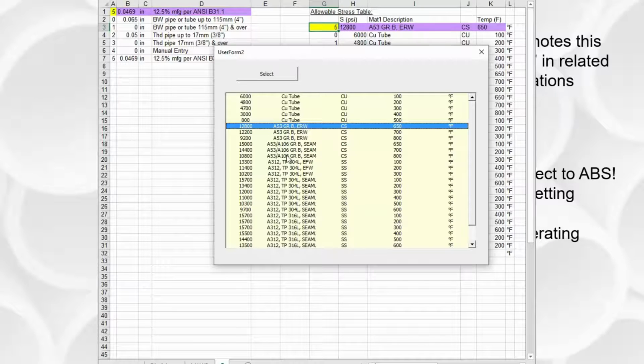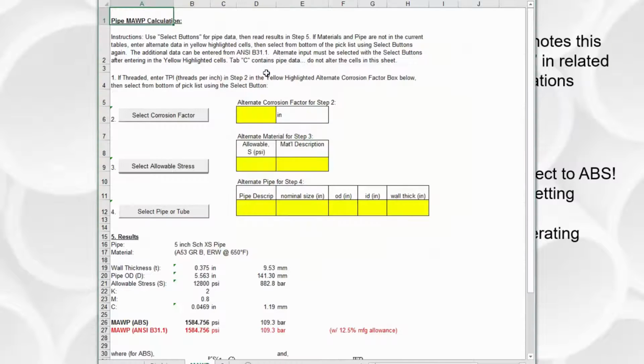We're going to look at the ERW, which is 12,800 psi allowable stress, and that's carbon steel, CS. That allowable stress is good all the way up to 650 degrees Fahrenheit. So hit the select button, then it pops in that information in your material, and it uses that allowable stress in your results as well.